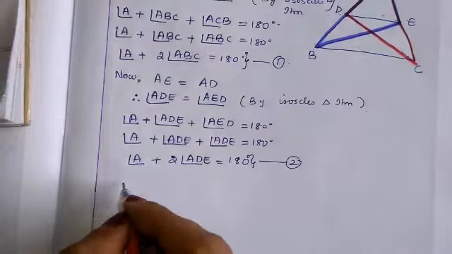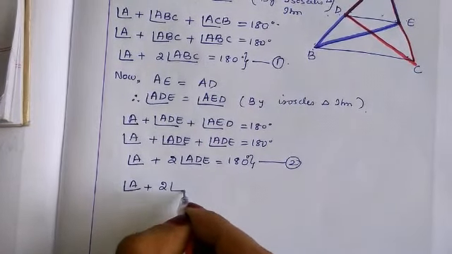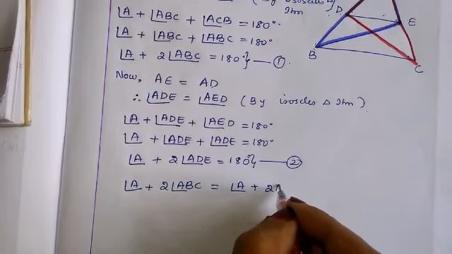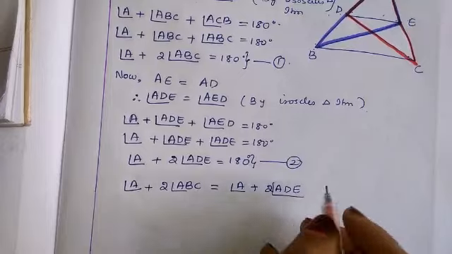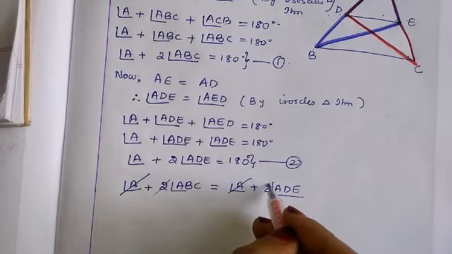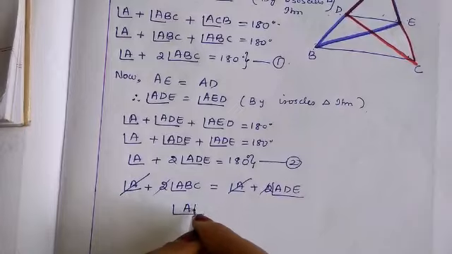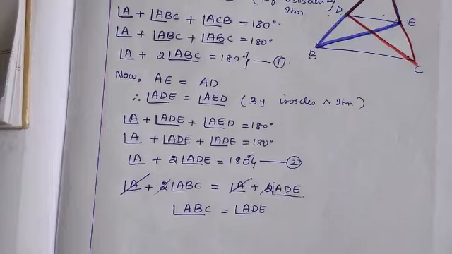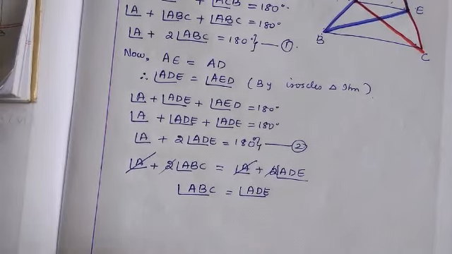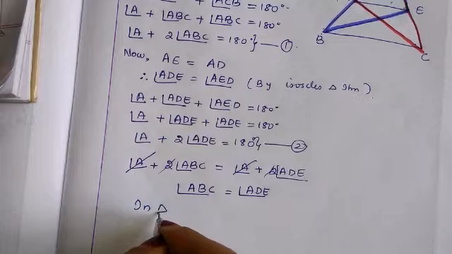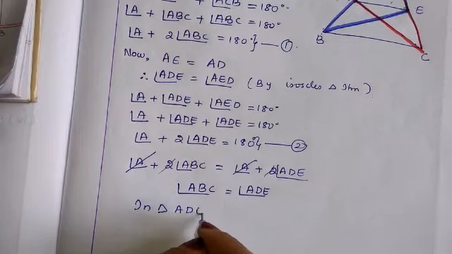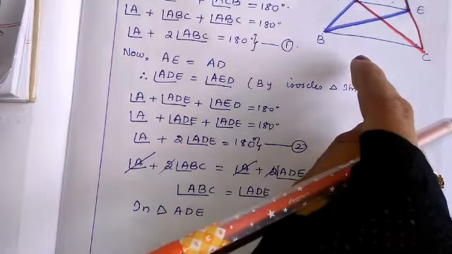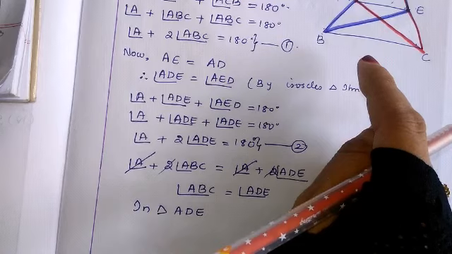Now these two are equal to one another. Angle A plus 2ABC is equal to angle A plus 2ADE. So angle A gets cancelled, 2 gets cancelled. What remains? ABC is equal to ADE remains. Now in triangle ADE, what they have told us to prove is that ADE should be equal